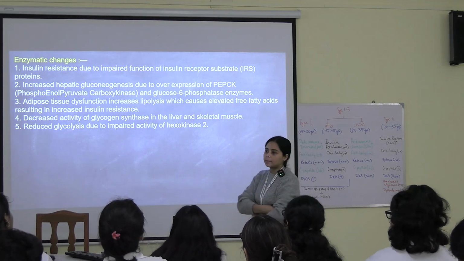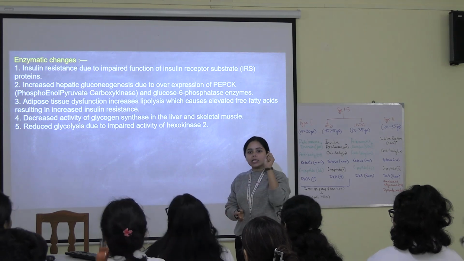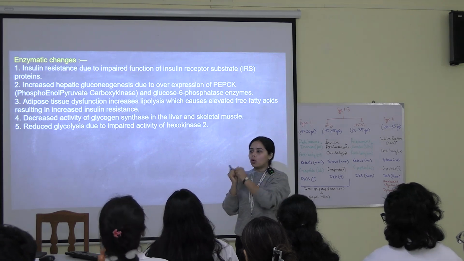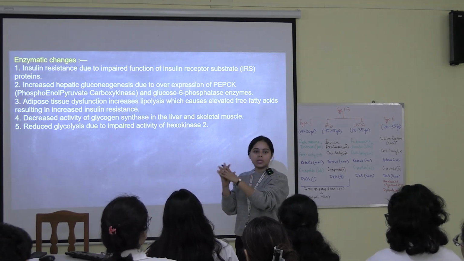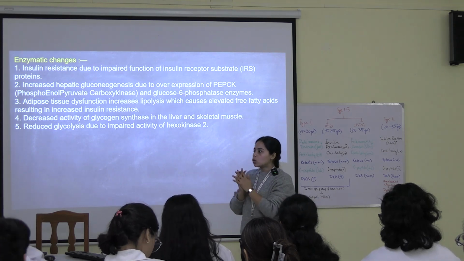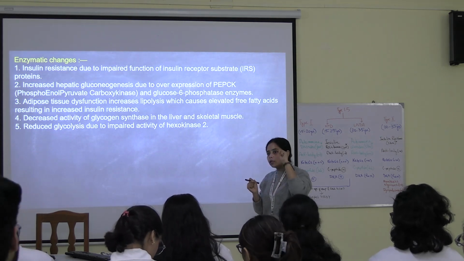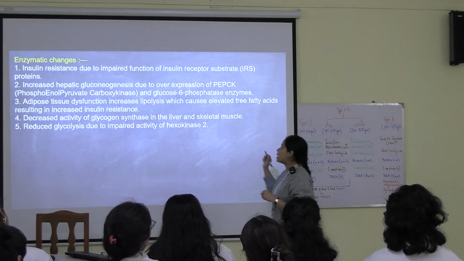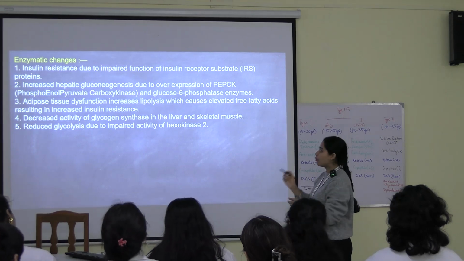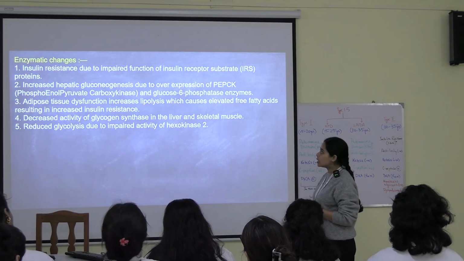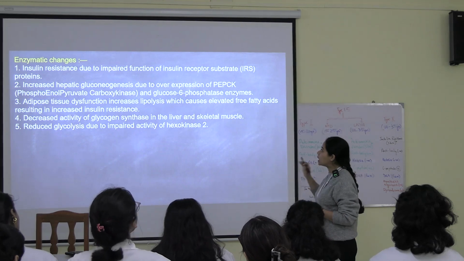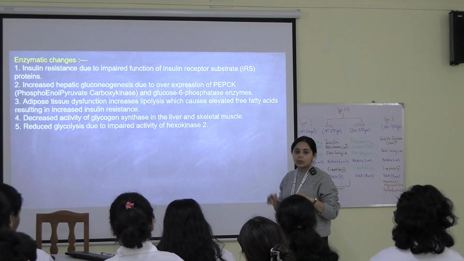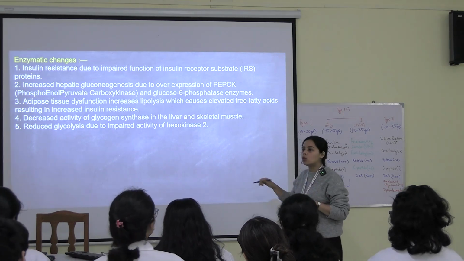Did you understand this line? See, suppose this is insulin and this is the glucose. So what is the function of the insulin? To go, bind, and help in breaking down glucose for energy. So what happens if the receptor of the insulin is already dysfunctional? Will it go and bind? It will not. So that is IRS, insulin receptor substrate defect. Insulin resistance is due to the impaired function of the insulin receptor substrate. The defect is in the insulin receptors, because of which it cannot go and bind with the glucose.